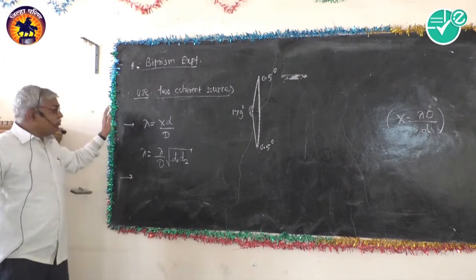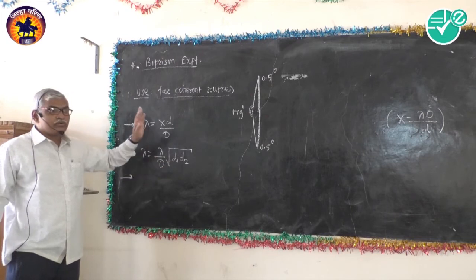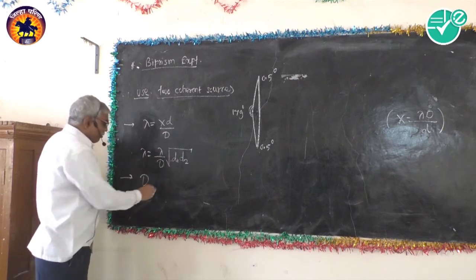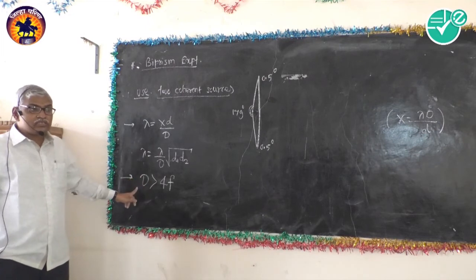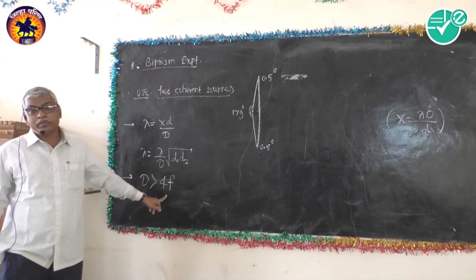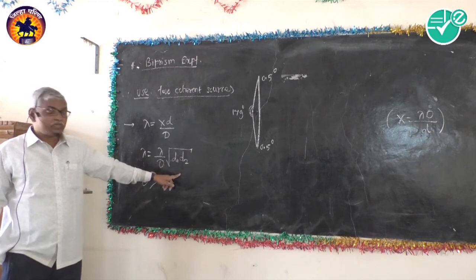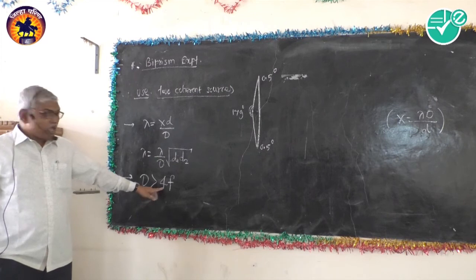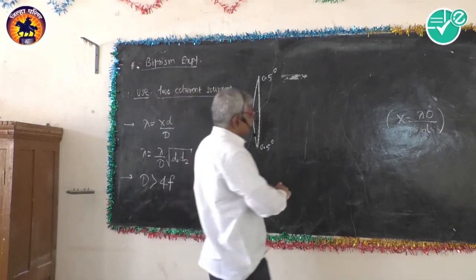Important condition for the calculation of d1 and d2, that is size of the magnified image and diminished image, is that capital D must be always greater than 4f, where capital D is the distance between source and screen, and f is the focal length of the convex lens which is used in the biprism experiment. This condition must be satisfied to obtain the magnified and diminished images. Therefore, capital D is always greater than 4f.